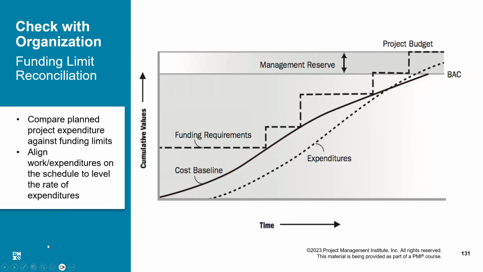Okay, so we understand that the darker line, which is the solid black line, is the cost baseline, and this does not represent how things are happening. This represents the plan: how, according to the plan, the money will be spent over the life of the project. But actual expenditure might be different from the cost baseline, which is shown by this dotted line. It's again an S curve, but this is a dotted line. That is the actual expenditure which will happen on the ground.